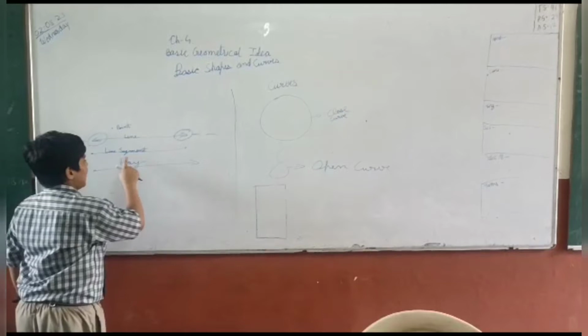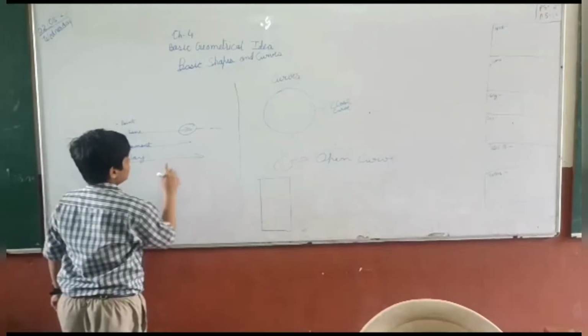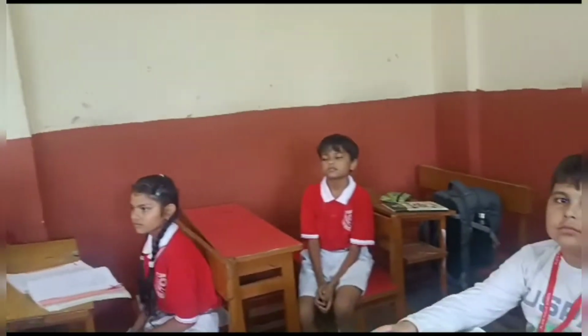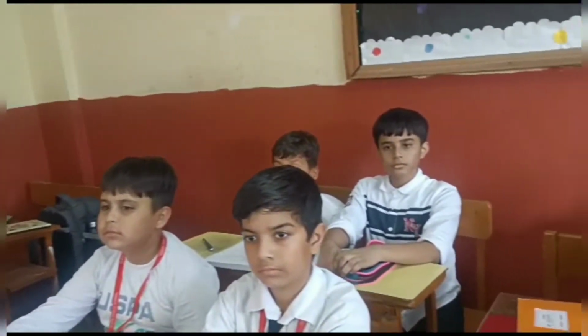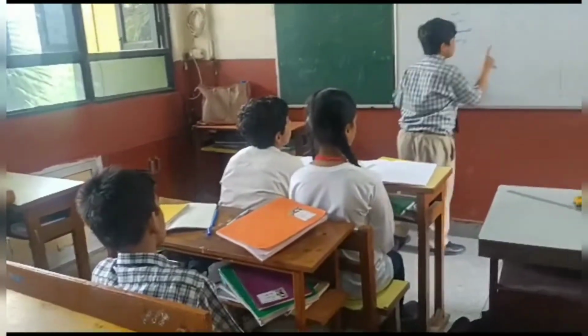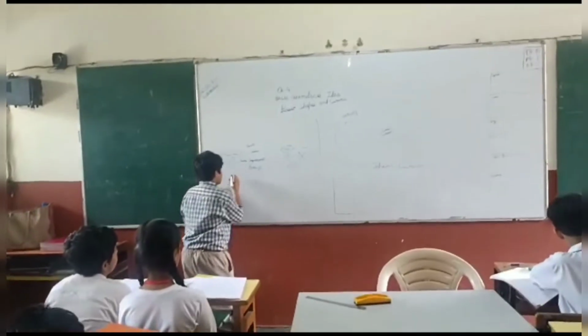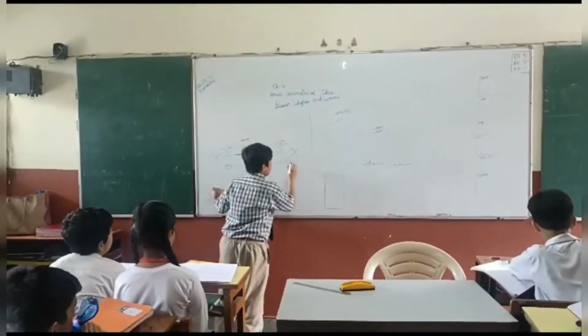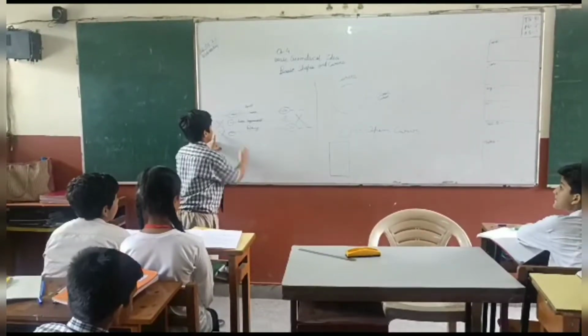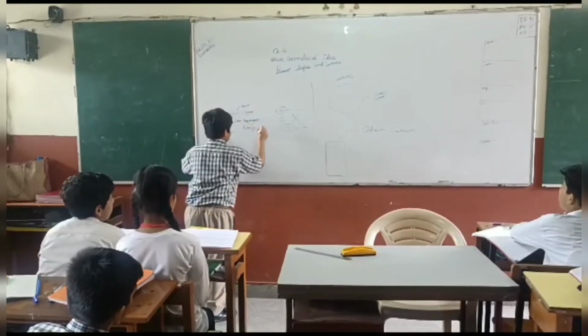Now we are coming to line segment. It is a figure that has a definite length, because as you can see, here is a point and here is a point, which indicates that this line cannot extend here and here. So the definition is that a line that cannot extend on both sides is called a line segment. Now there is confusion. Just focus. Here is an arrow and here is a point. So it is clear that this line can be extended from here, but cannot be extended from here. So you are clear with point, line, and line segment, great.